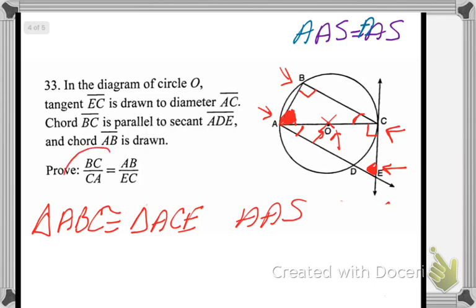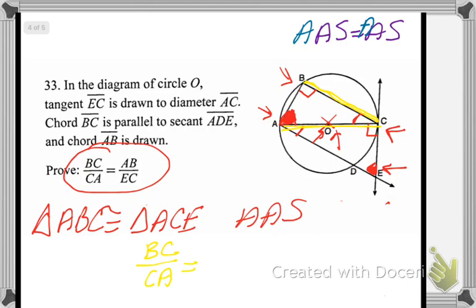It's saying to prove this proportion. So we know that in similar or congruent triangles, the corresponding sides will of course be in proportion. So if you look at this side over here, BC, I'm just going to write that, BC over CA, because that's what they're asking for right here, CA,